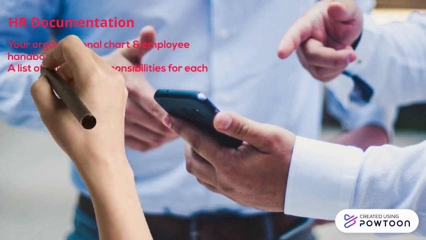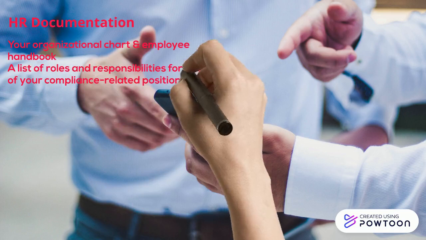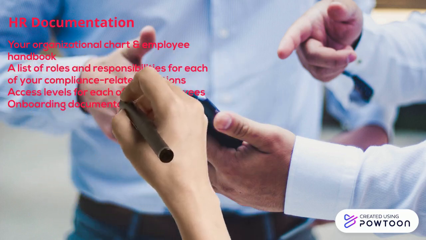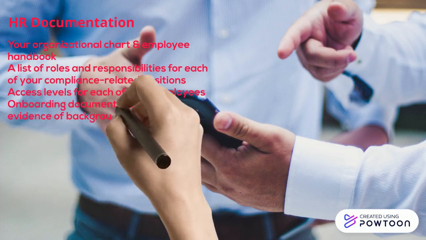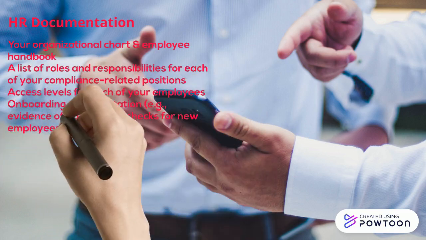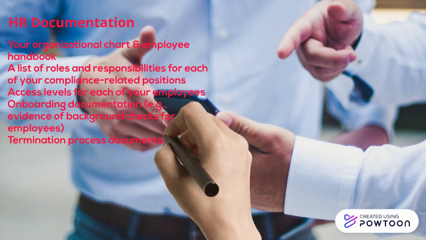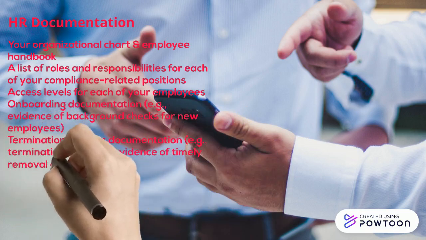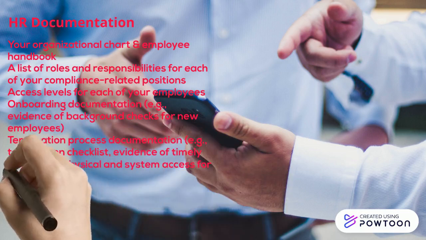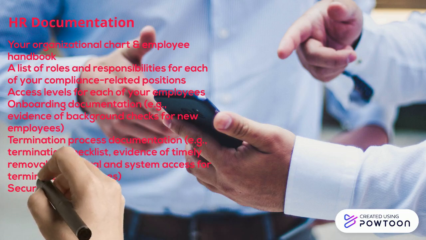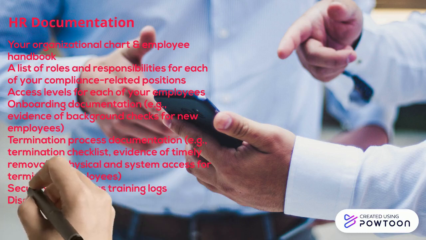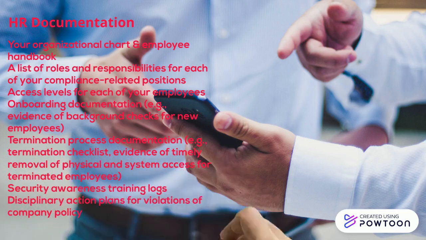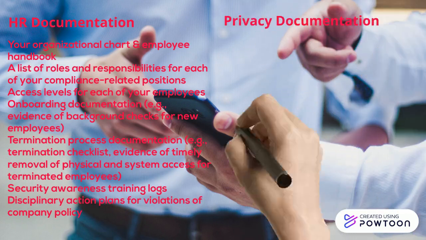roles and responsibilities for each of your compliance-related positions, access levels for each of your employees, onboarding documentation, e.g., evidence of background checks for new employees, termination process documentation, e.g., termination checklist, evidence of timely removal of physical and system access for terminated employees, security awareness training logs, disciplinary action plans for violations of company policy, privacy documentation, your notice